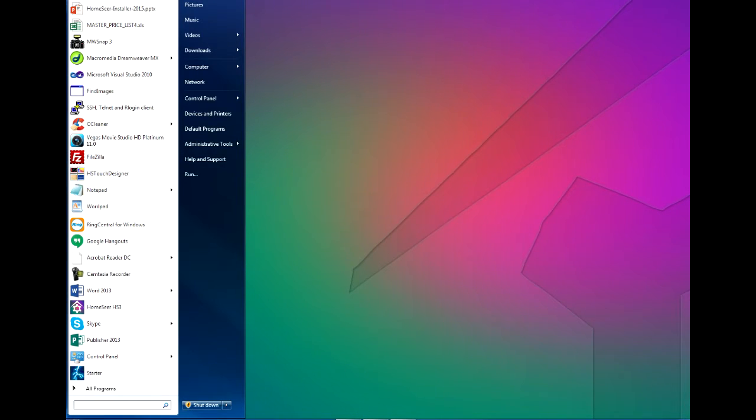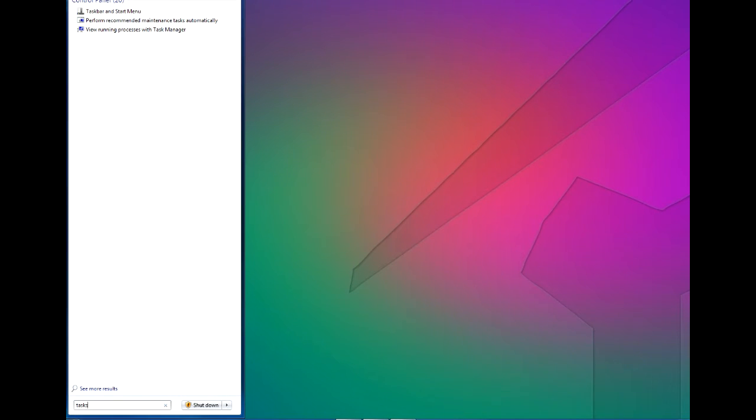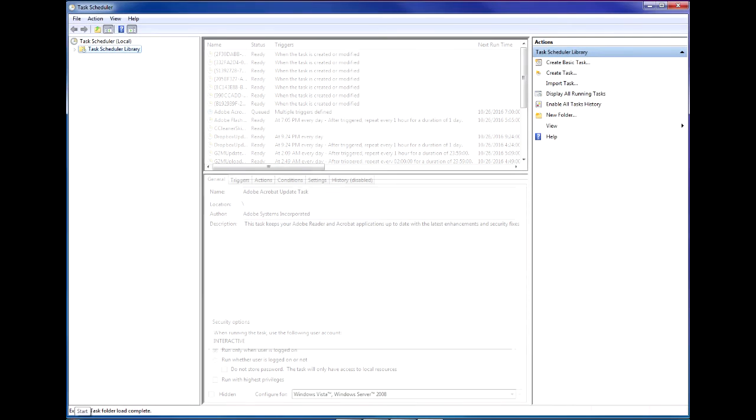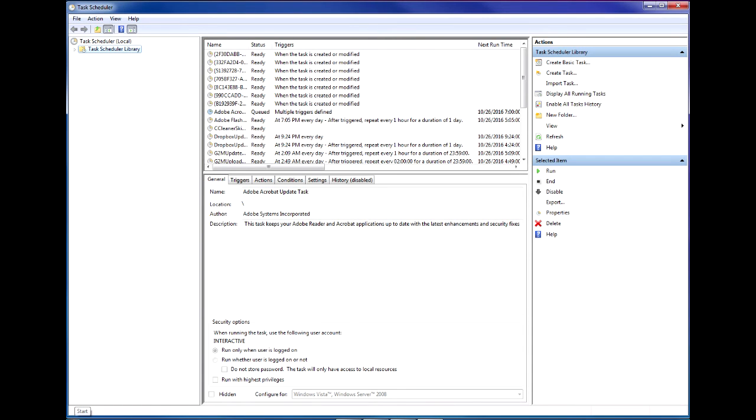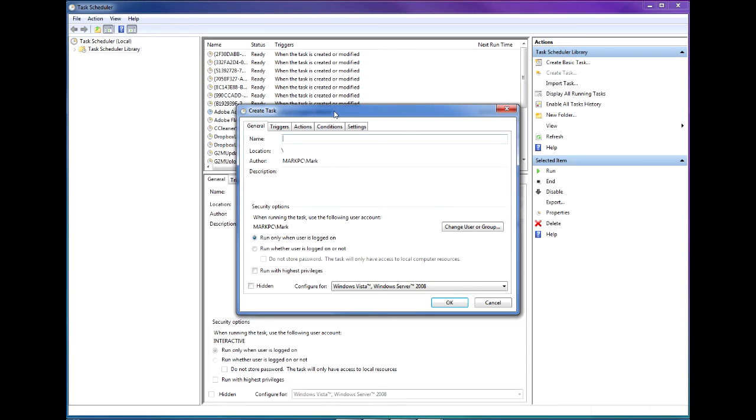Start by going to your Windows Start button, click that, and in the search field down below type in taskschd.msc and hit the Enter key. That's going to open up the Windows Task Scheduler. You're going to create a new task. So in the upper right hand corner, just click on Create Task,